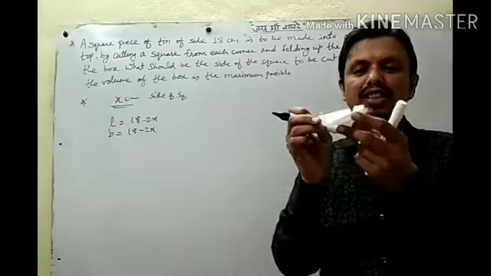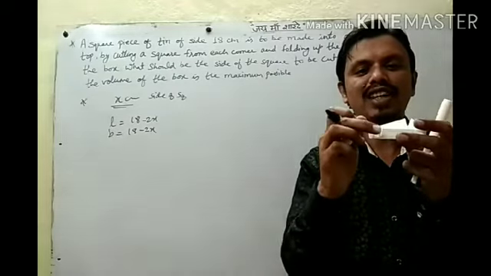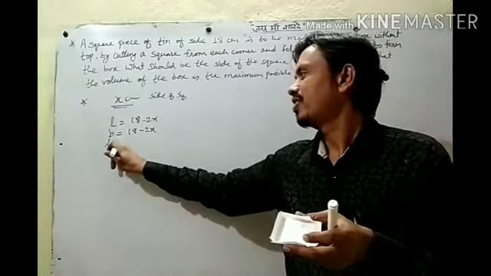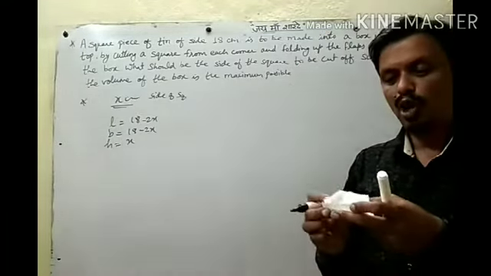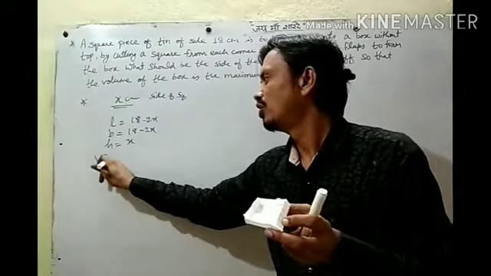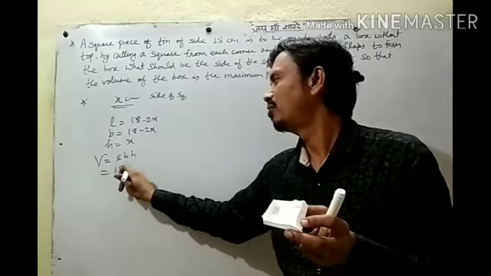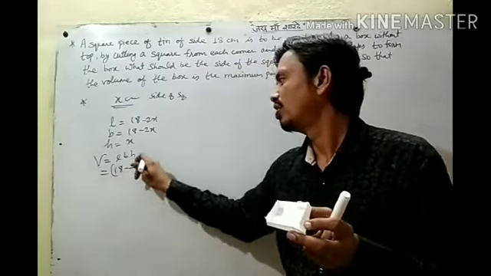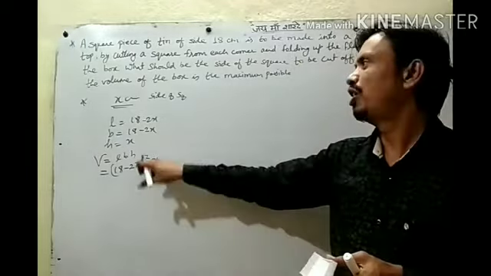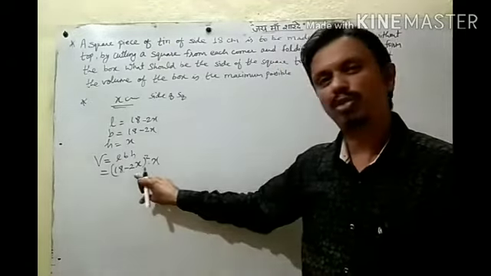Now what is the height of the box? So this is our x and now it is the height. So height of the box is x centimeter. So volume of this box, a cuboid, will be length into breadth into height, means (18 minus 2x) square into x. This is the volume of that box. So it should be maximum. So what is the step? Volume should be in one variable only. So we have here only one variable.